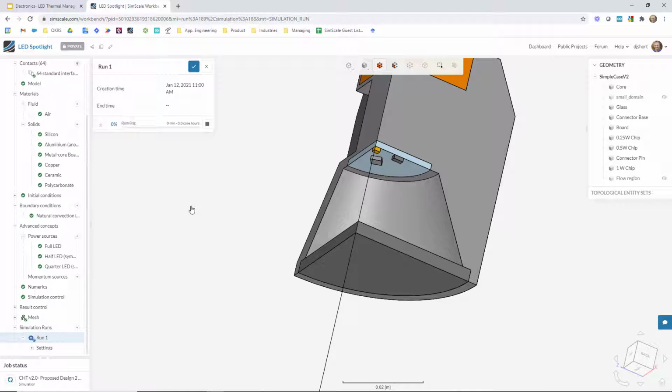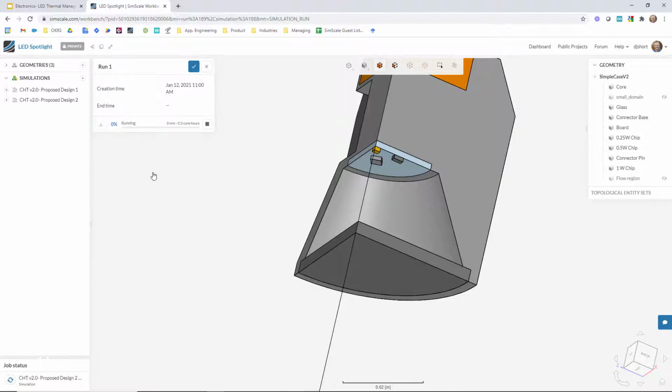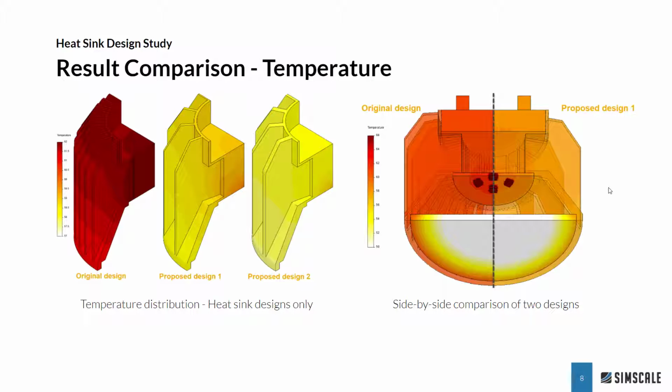I would like to show you the results as a comparison between all 3 designs, so that you can get an idea of the sort of design feedback that you can get out of SimScale simulations. So let's jump back into the PowerPoint. Here we can see a side-by-side comparison of the temperature distribution for each of the 3 designs, and we can clearly see that the original design is really not optimized for the flow situation. So it's not doing a great job at cooling these LEDs. Whereas design 2, we have a nice low and uniform temperature distribution across the aluminium heatsink.